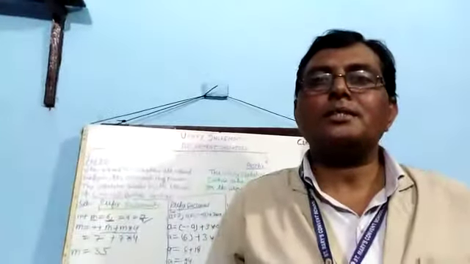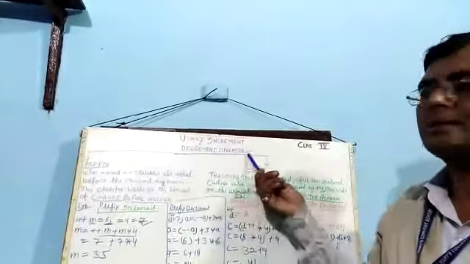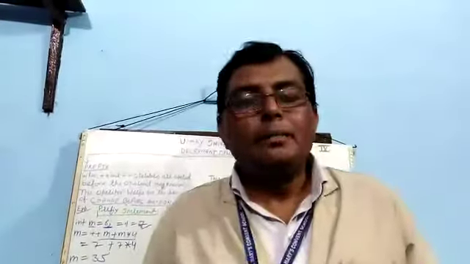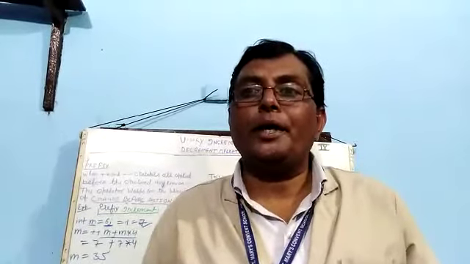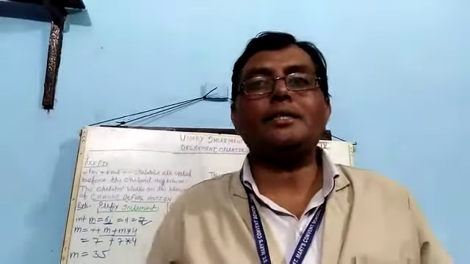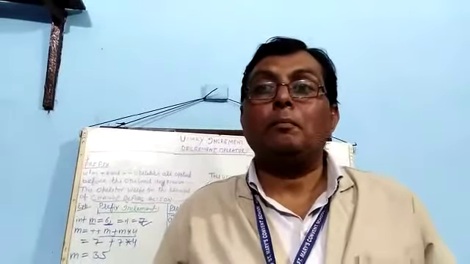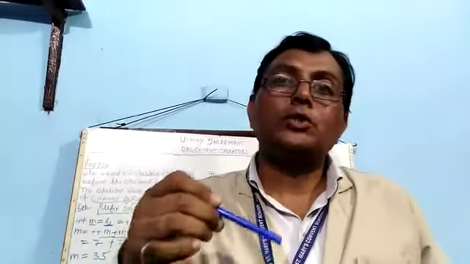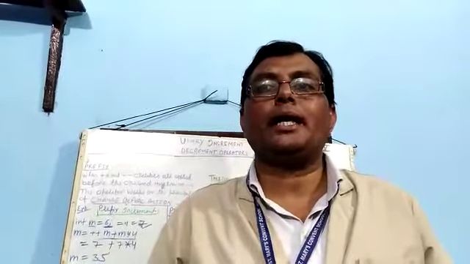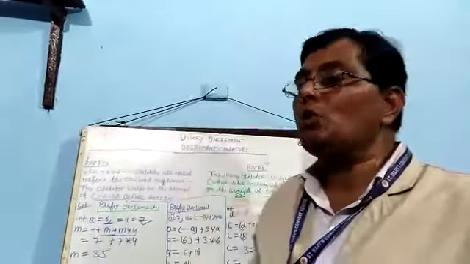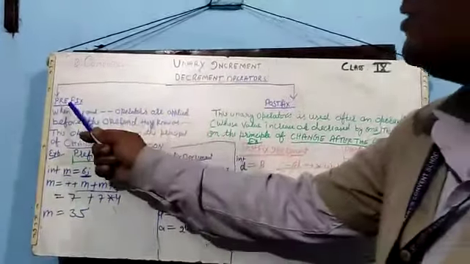Now we will discuss the unary increment and decrement operators. The unary increment and decrement operators used with a single operand will increase and decrease the value of an operand by one respectively. Based on the position of use, the unary increment and decrement operators are further classified into prefix and postfix. What is the prefix?